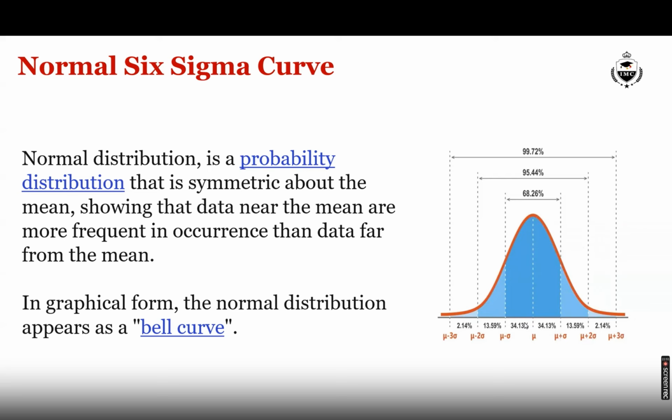Between 1 and minus 1 standard deviation, you see 68.26% of the data. But as the standard deviation increases, the data is spreading away from the mean. That is what I said earlier: the standard deviation, or the variation, should be closer to the mean. The more the variation, the more the standard deviation, the more the data goes away from the mean, which does not look good and is not a consistent or good process.